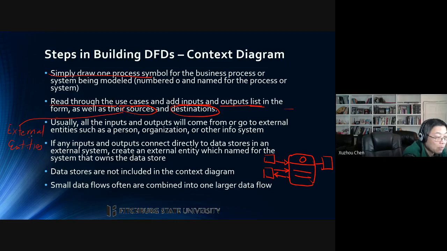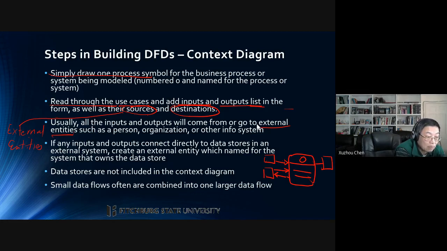All the external entities could be either the source or destination. Usually all the inputs or outputs will come from or go to external entities, such as a person, an organization, or another information system. If any inputs and outputs in the context